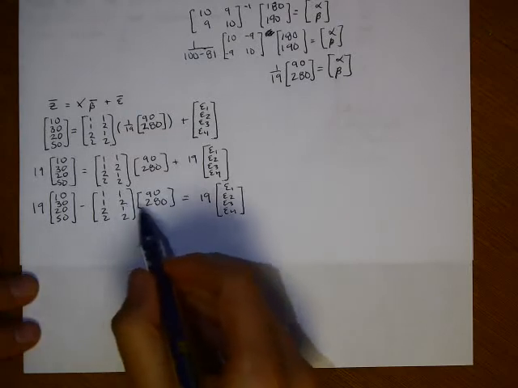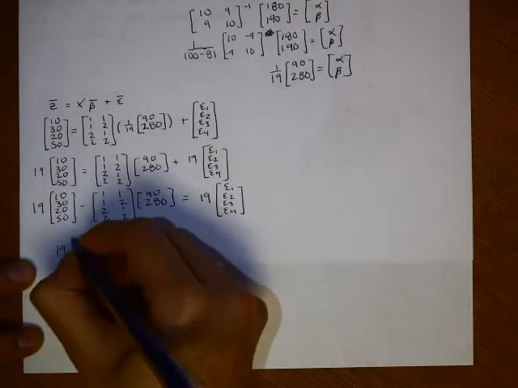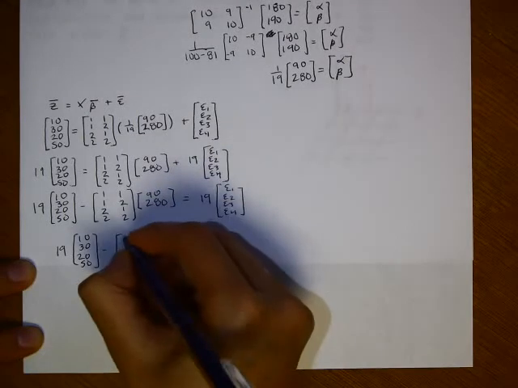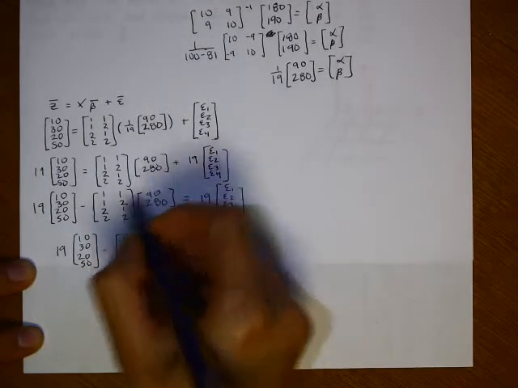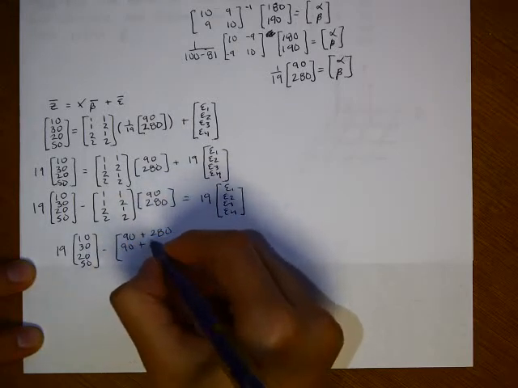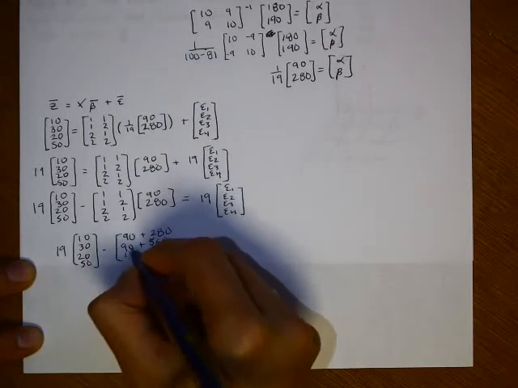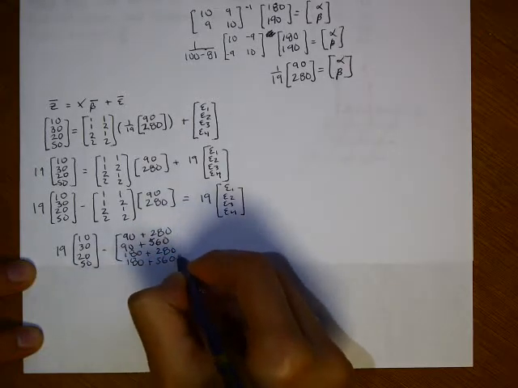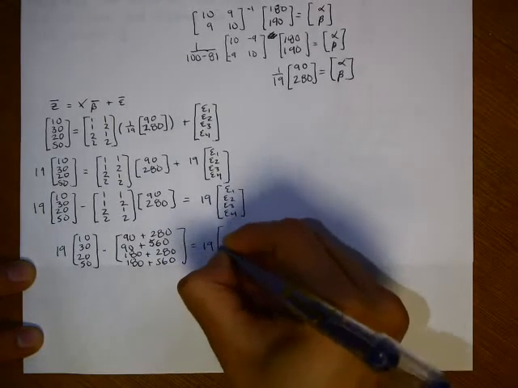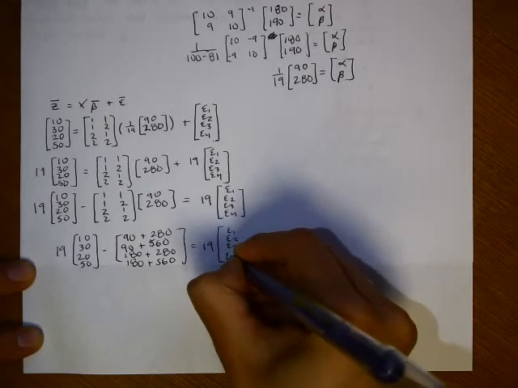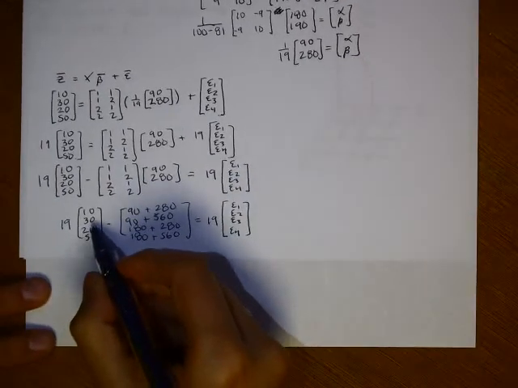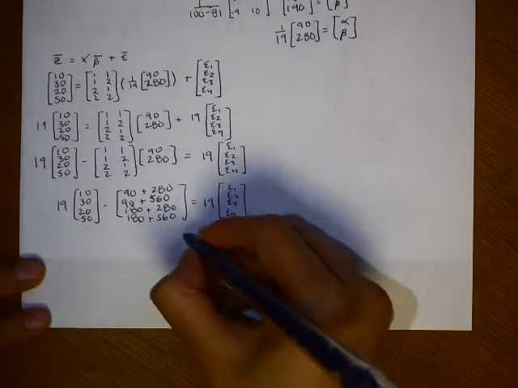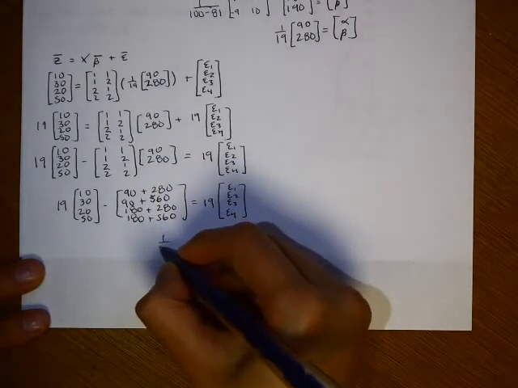Now if we calculate out this matrix multiplication here, we should end up with, so we have 90 times 1 plus 280 times 1. Then we do the same thing for the next row, 90 times 1 plus 280 times 2, and so on. You go down each row. And then we'll multiply 19 by each of these entries here, and then we'll subtract all these entries from these entries over here. So if you do those two steps, what you end up with is 1 over 19 on this side,